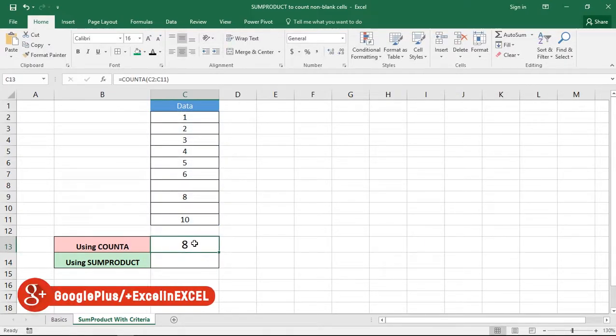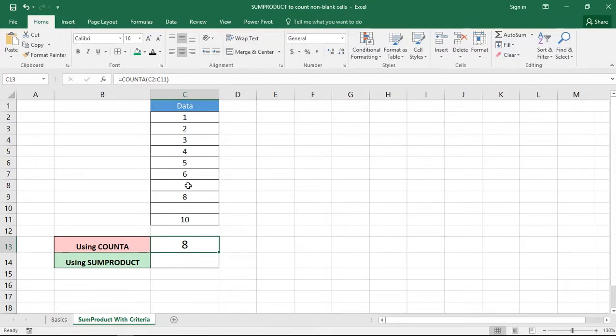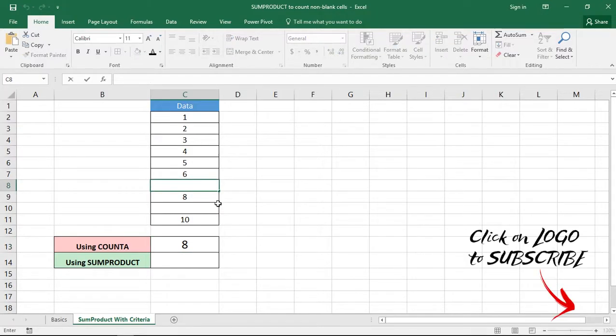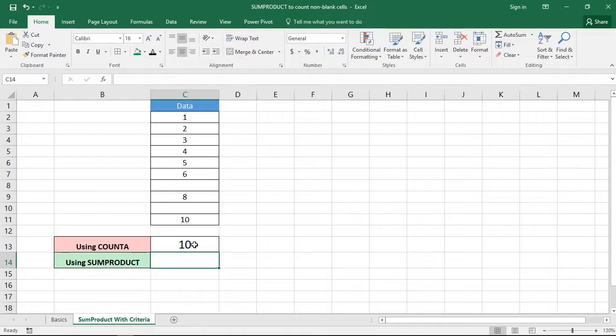But this COUNTA formula will give the wrong output when any of my empty cells within my data has unintentional spaces within it. For example, if I select this cell and add spaces by hitting the spacebar, you will see the COUNTA formula will now increase by 1. Similarly, if I do it for this cell, the COUNTA formula will further increase by 1, which is not correct